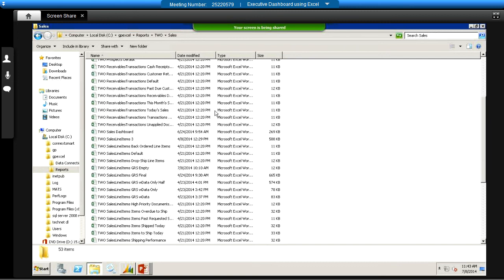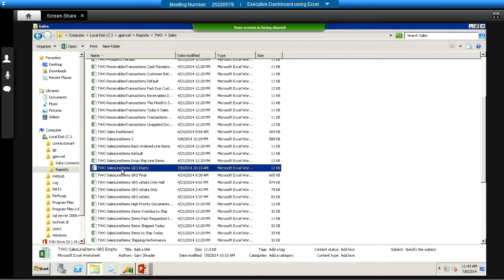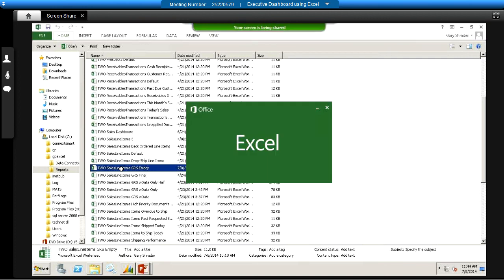When you deploy the Excel spreadsheets, these are all available immediately. You can open these, you can add fields, you can remove fields, and you can also add any other ODBC compliant software that you may want to this Excel spreadsheet. For today's example, I'm going to be looking at sales line items, and I've created one called GRS empty, and